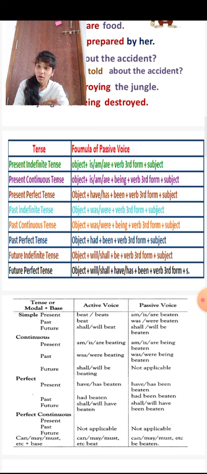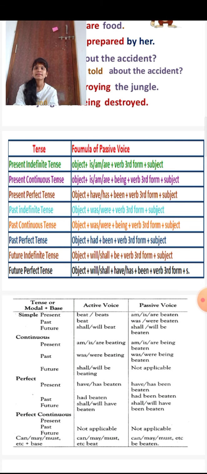And next, here are some examples of the form of active and passive voice for all tenses. In simple present tense, he writes an essay. In the active sentence, he writes an essay. Passive sentence, an essay is written by him. And next, Sheena does the housework. The housework is done by Sheena.